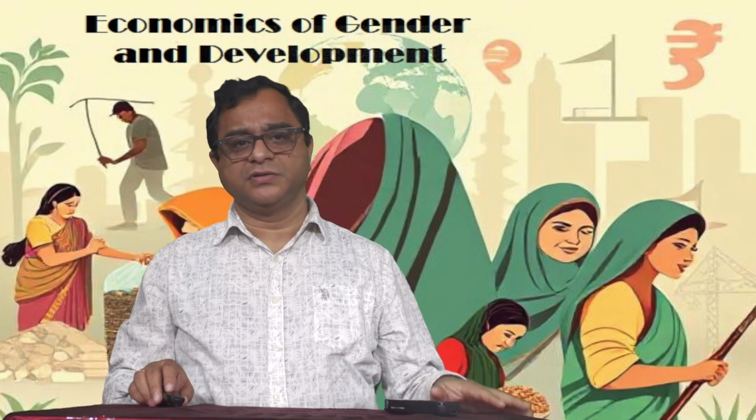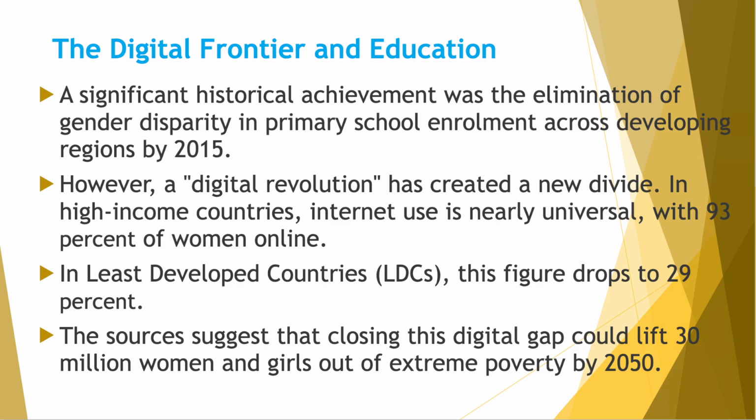Now, looking at the issue of the digital frontier and education, we see that a significant historical achievement was the elimination of gender disparity in primary school enrollment across developing regions by 2015. However, a digital revolution has created a new divide. In high-income countries, internet use is nearly universal, with 93% of women online. In least developed countries, this figure drops to 29%. The sources suggest that closing the digital gap could lift 30 million women and girls out of extreme poverty by